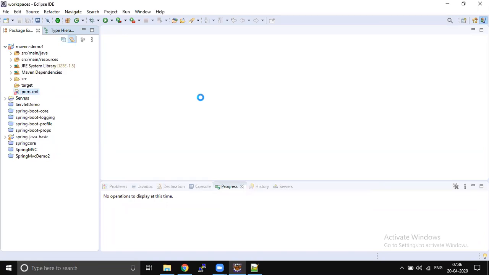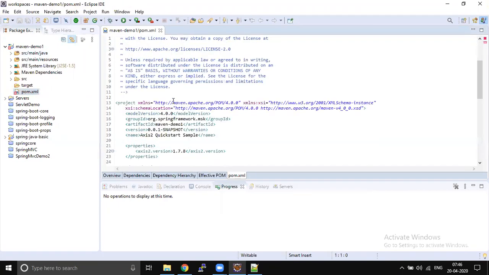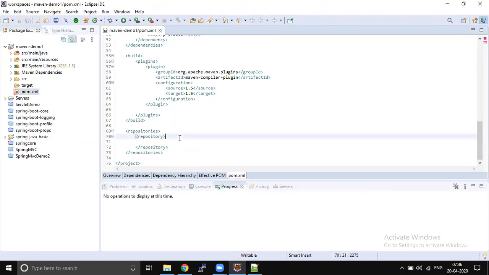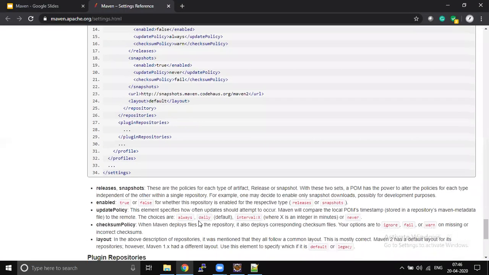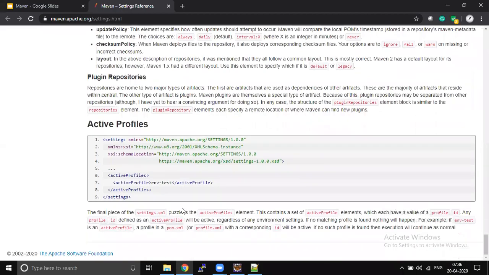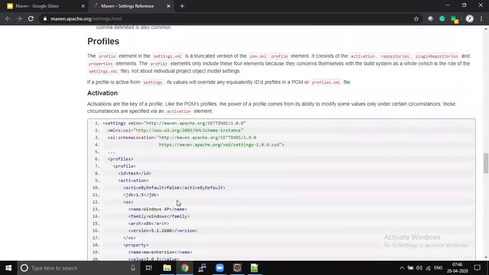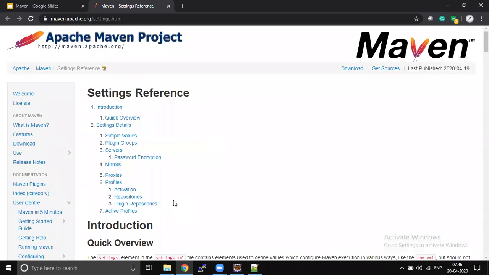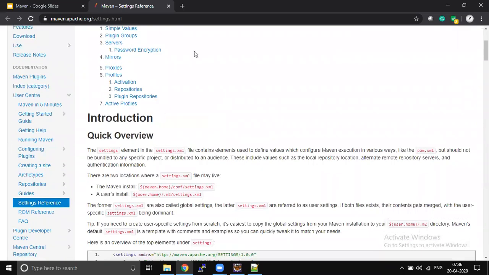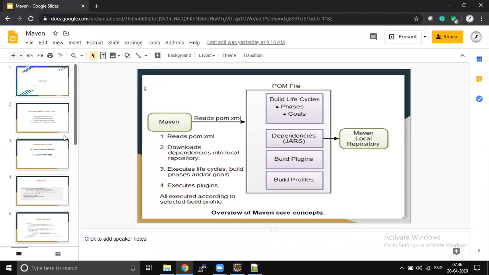So for this particular project alone, the dependencies will be downloaded from a different remote repository instead of the common repository. This is how the settings.xml file looks. It is a big file, it may contain more than 100 lines of configuration, but that is going to be a global configuration. That is what they use the settings.xml file for.